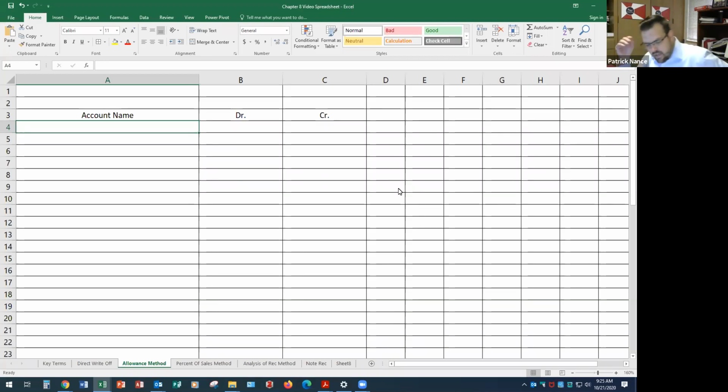Okay, chapter 8. Now we're going to talk about the allowance method for writing off uncollectible accounts. So the idea behind the allowance method is that up front, usually at the end of the prior year, we would estimate how much of our current receivables we are not going to actually get paid for. Okay. Why do we do this? Well, one reason is because